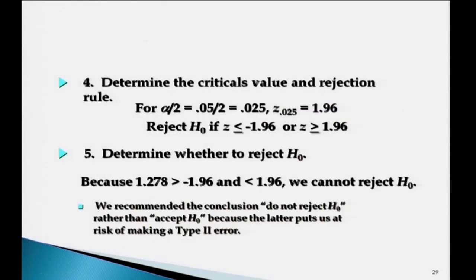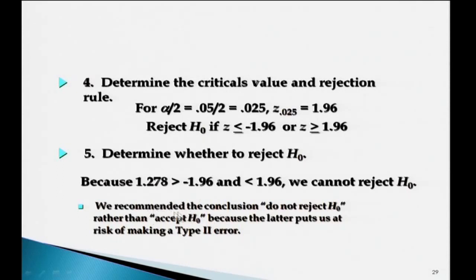Okay. So, at 5%, you know Z tab, I hope now you are able to memorize it. This 1.28 lies within minus 1.96 and 1.96. Other way is that 1.28 absolute value is less than 1.96. So, you can say either it comes in the acceptance region, or it is better that we say we cannot reject H naught.